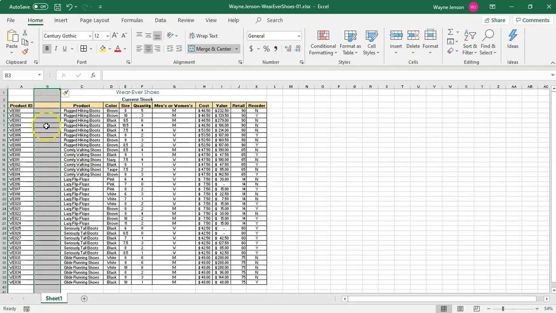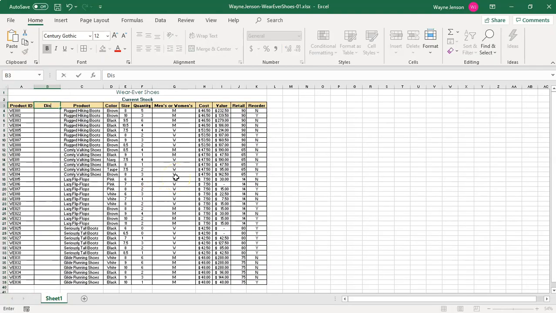And then we're going to put in cell B3 here, DISC, D-I-S-C, question mark. And then hit enter. And we're going to start entering our pattern that we want. Okay, so the first one we're going to type no and hit enter. And then we're going to type no again and hit enter. And then we're going to type yes